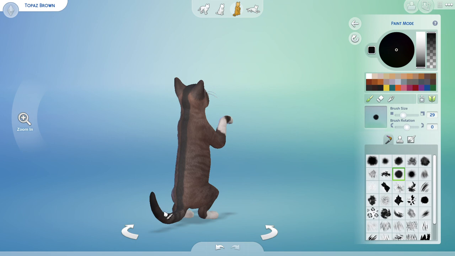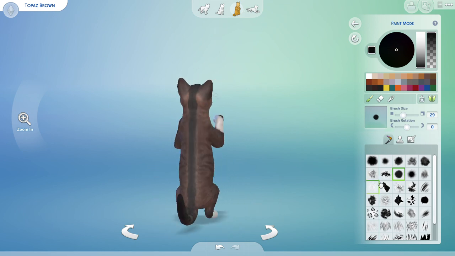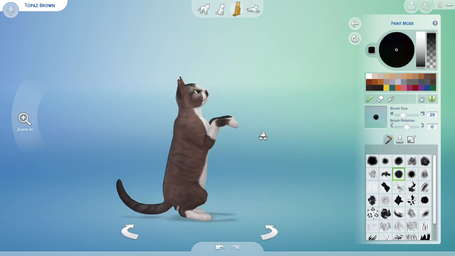Oop, I pushed weird buttons. Hopefully that doesn't mess up my stuff. But yep, he had a stripe going down his back, just like that. And on one hip, he had...